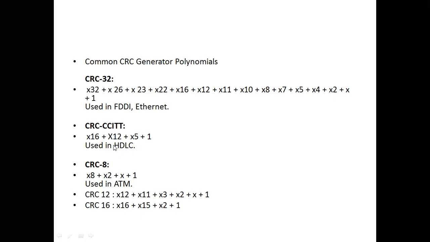So whatever the CRC you are using, the generator polynomial will change. That's it. And the remaining is all the same. The process is the same. Whatever the message is, that message should be greater than the generator polynomial. That should be considered for the division. If it is less than that, it is not possible to do the division. Okay,